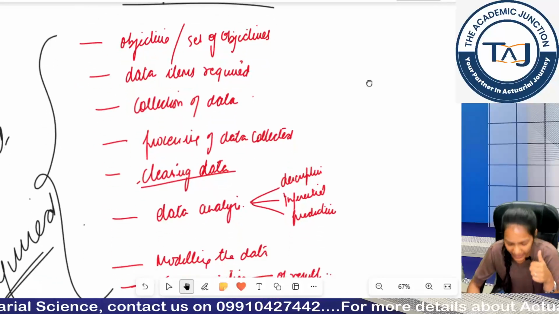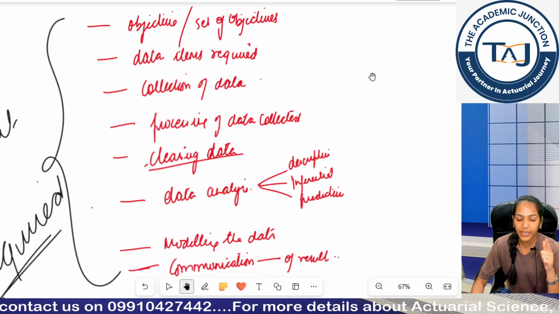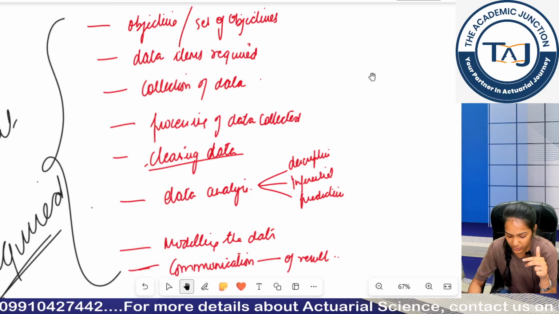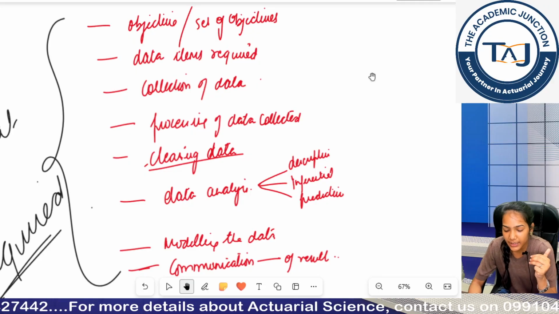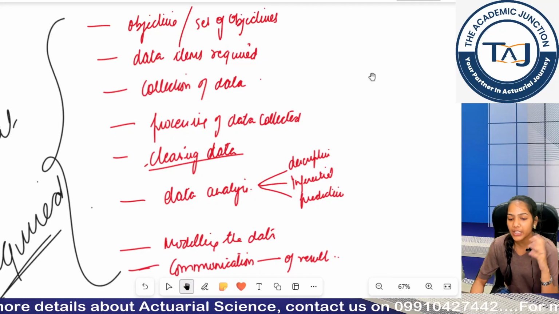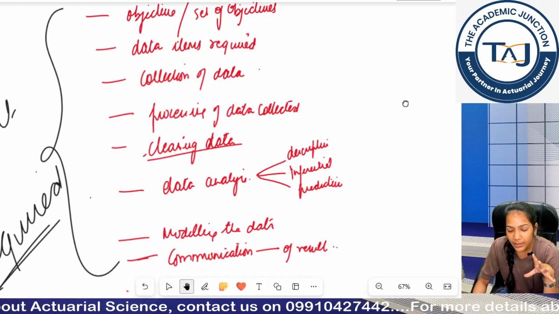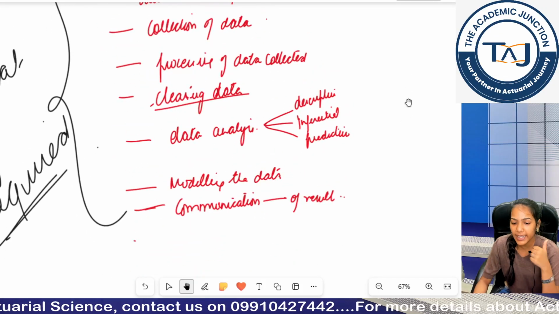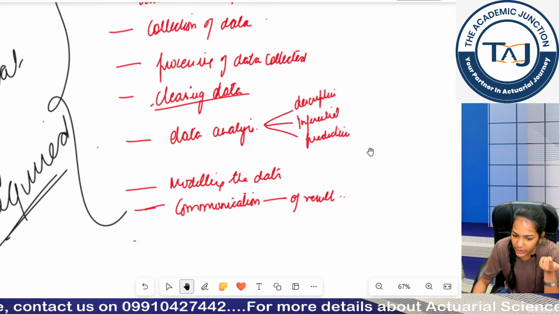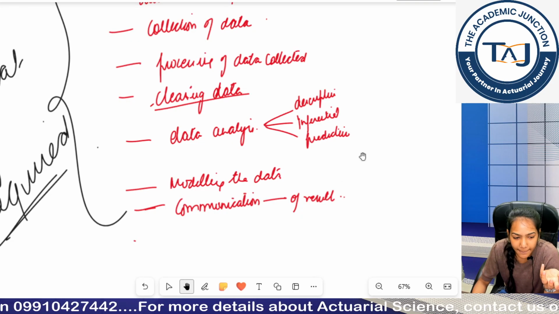First we identify the objectives, then we identify what data items we require for our analysis. Finally, we collect the data from the appropriate data sources. Then we process this data, either converting it to some format that we require, and during this processing there are high chances that we have got some wrong data as well. That's why we clean our data, and once we have cleaned the data, we will make analysis from it. We can use 3 different approaches as named here, and then we will model on our data, and finally we communicate our result and repeat the process if required. Clear, guys?